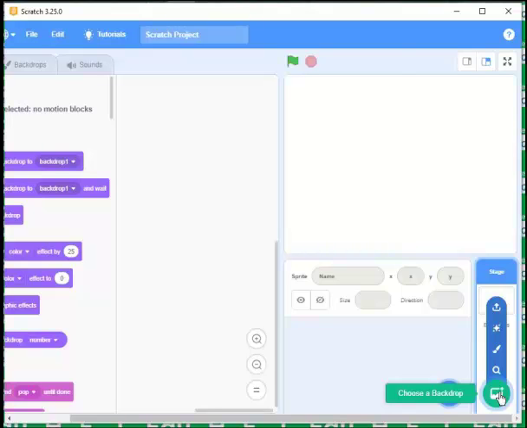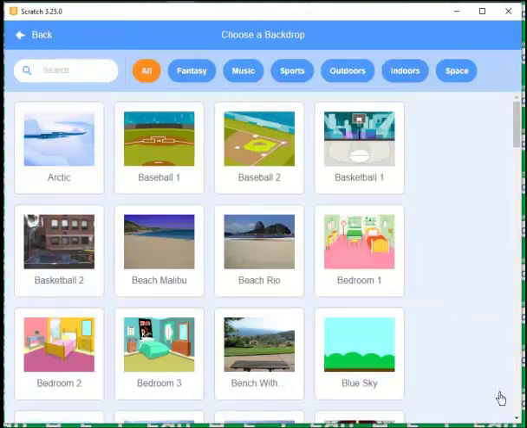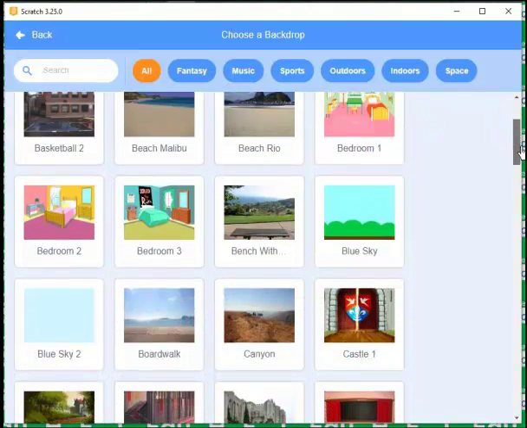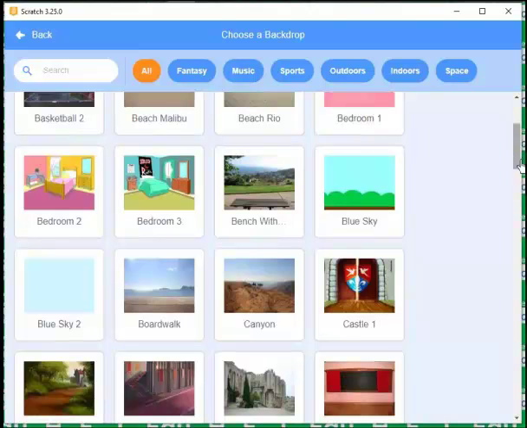If you place your cursor on the tab on the bottom right hand corner, you see choose a backdrop. Left click on that and you see different backdrops. You can explore these backdrops to know the one you want to choose